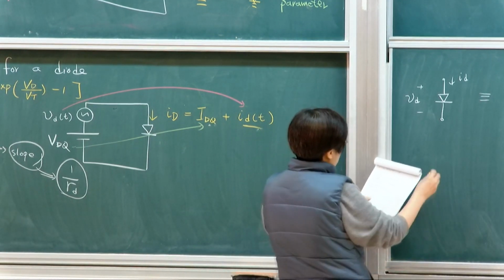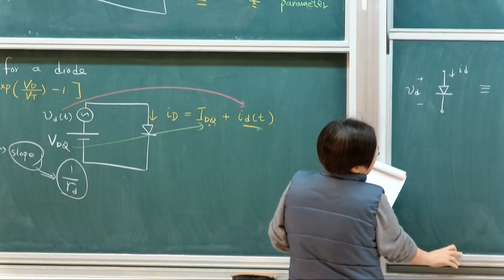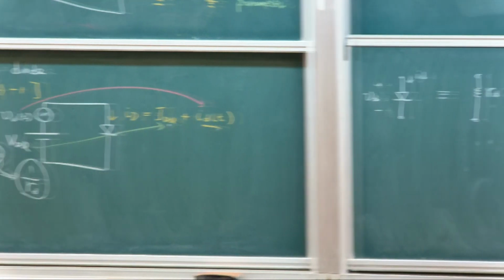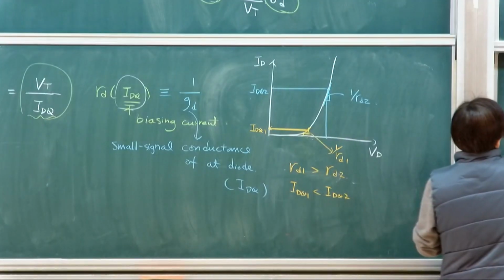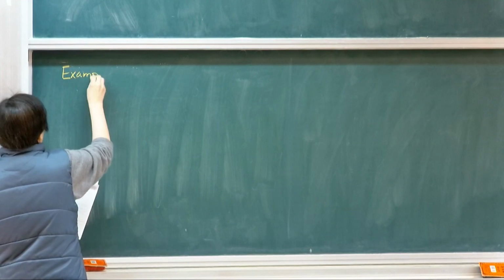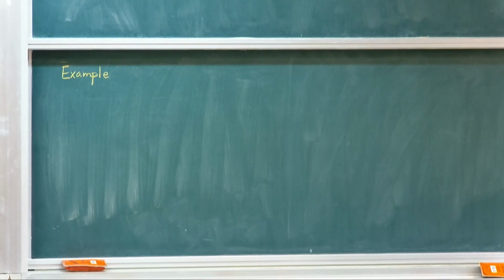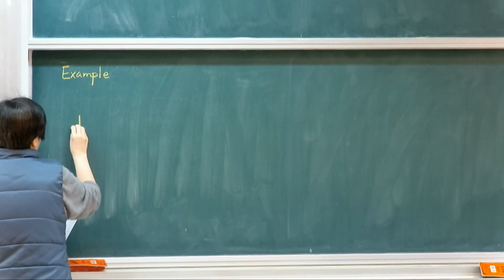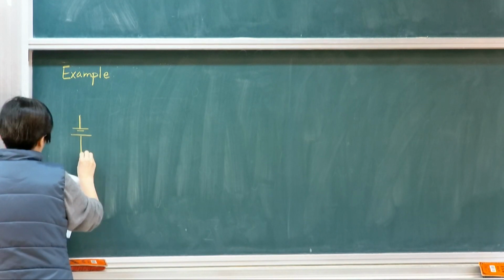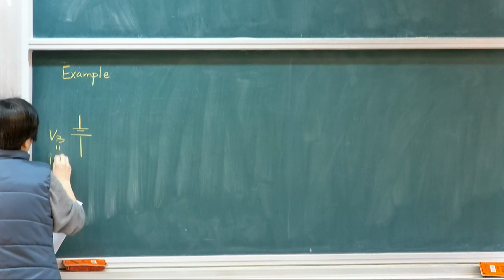I'm just going to go through the example so that you get a sense of what you do. We're going to start with this particular example on the diode. Let's say I'm setting up a condition very similar to that. I'm biasing my diode at a VB of, let's say, 1 volt,